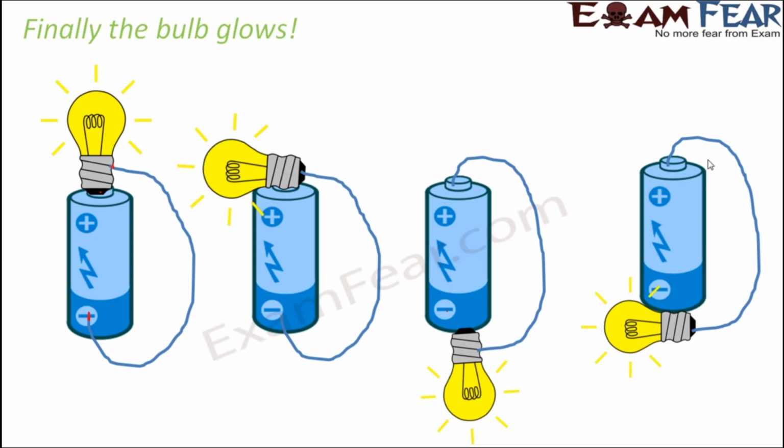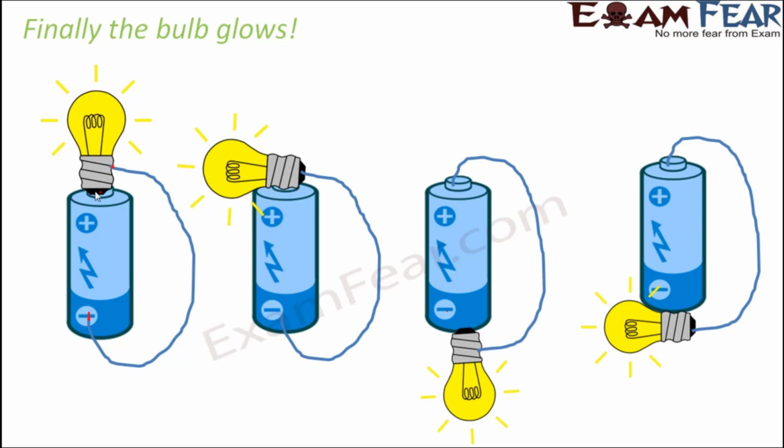And it is also important that you connect the bulb to the electric cell in the right way, because if you do not connect it in the right way, there will be no current flow in the circuit, and therefore the bulb would not glow. So with all these observations, what do you conclude? We conclude that the aim here is to create a complete conducting path from positive terminal to negative terminal of the battery.